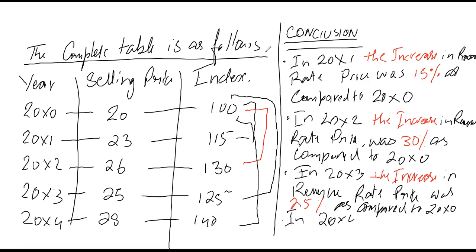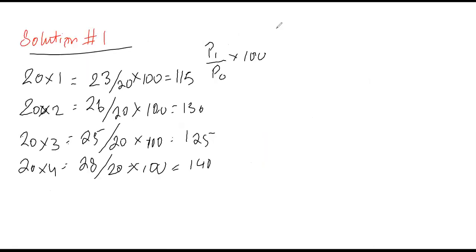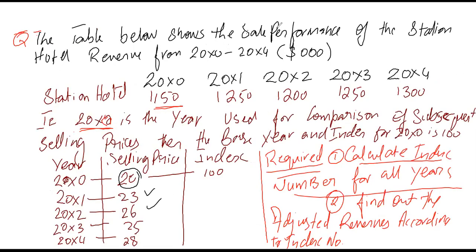In 2004, the increase in revenue rate price was, okay, so you guys can write the further line, 40% as compared to 2000. So after doing this, we were also given the data for the